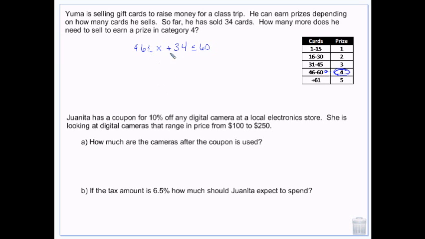So the x plus 34 is going to go between 46 and 60. Does that make sense? Why it would go there? Okay, so then we subtract 34 from both sides, or all three sides. And I get 12 or 26. So he has to sell between 12 and 26 cards more to get that